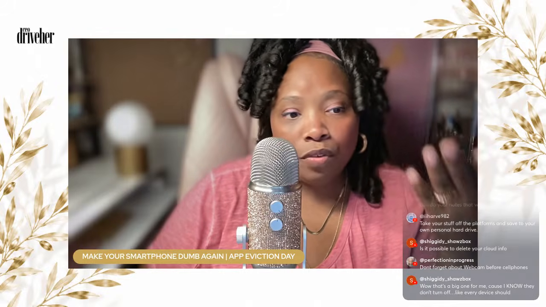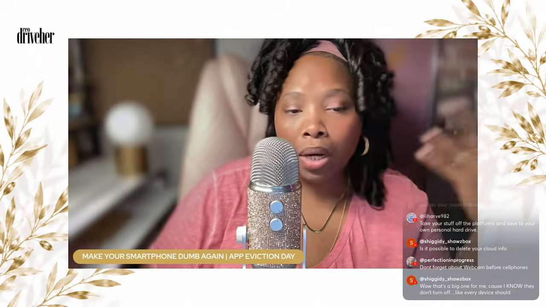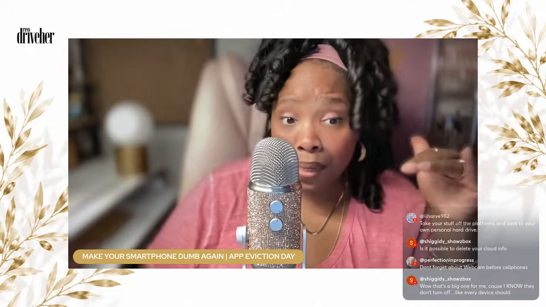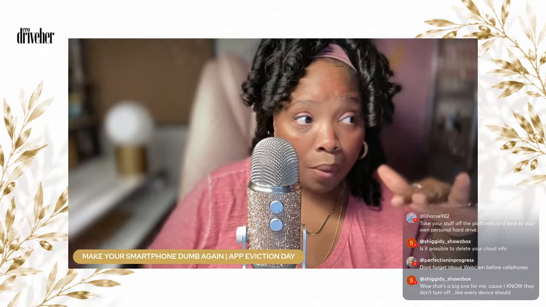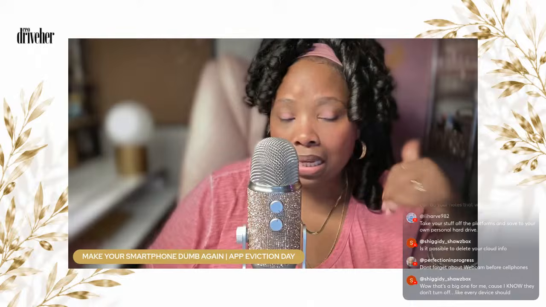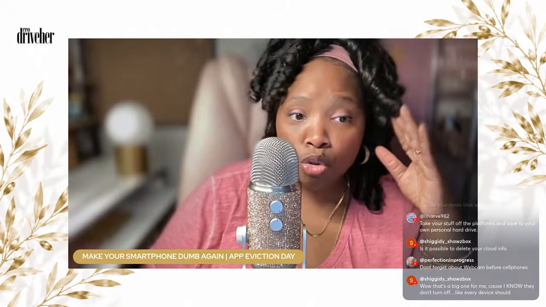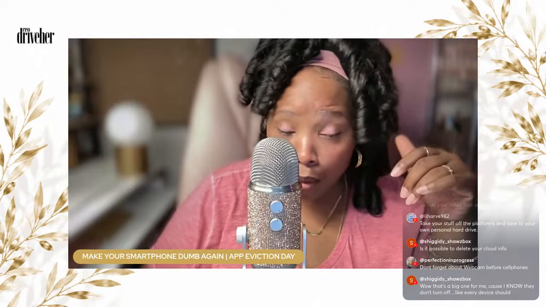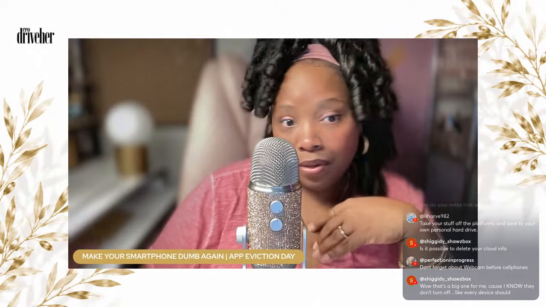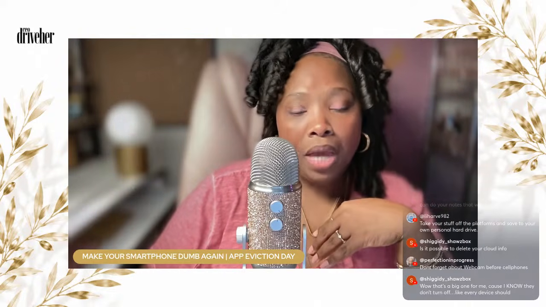Payment apps. If you used to pay your rent through a portal or through a company, any kind of billing company, Georgia Power, Cox Internet, or what have you, don't put it on your phone. They'll be like, don't you want to get our app? I'm not putting the app on my phone. I got a computer. Okay.